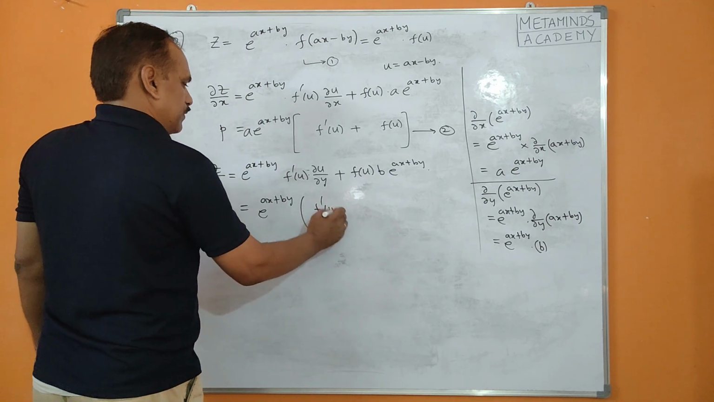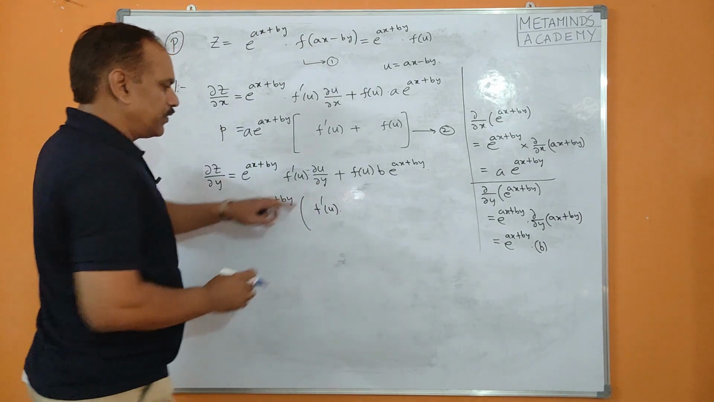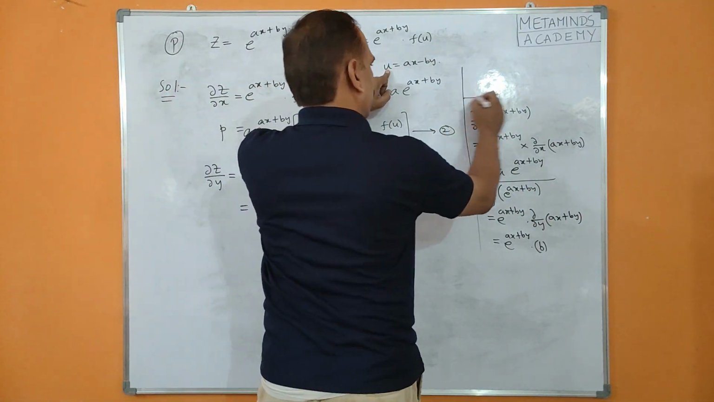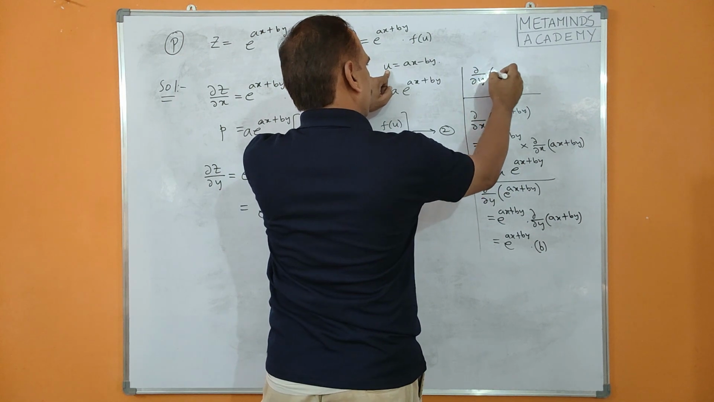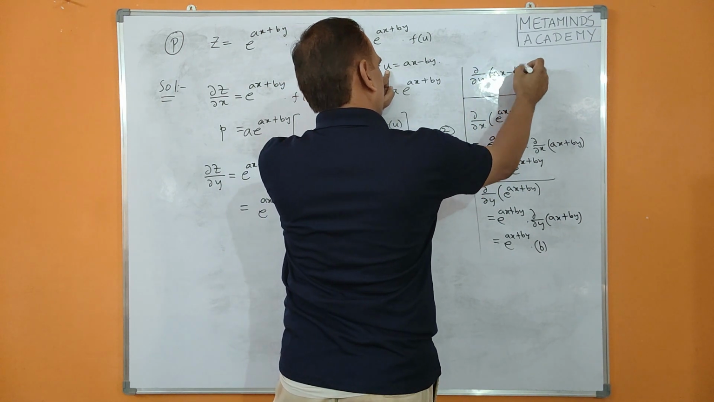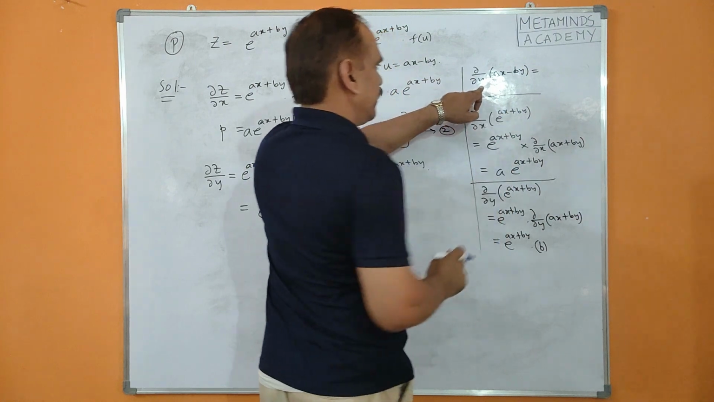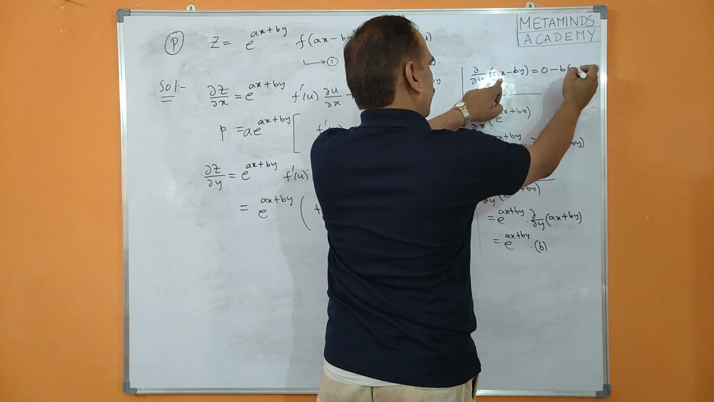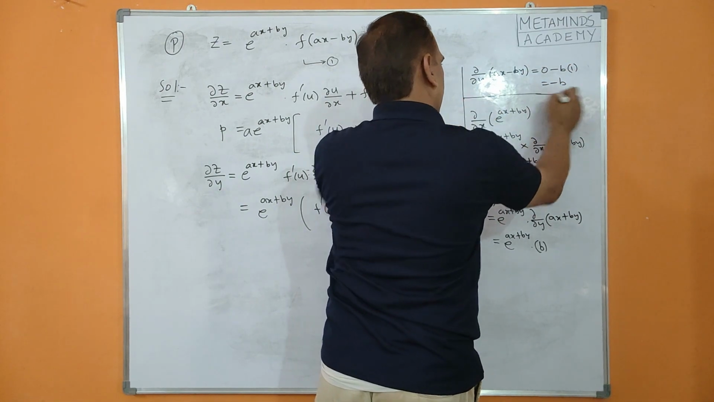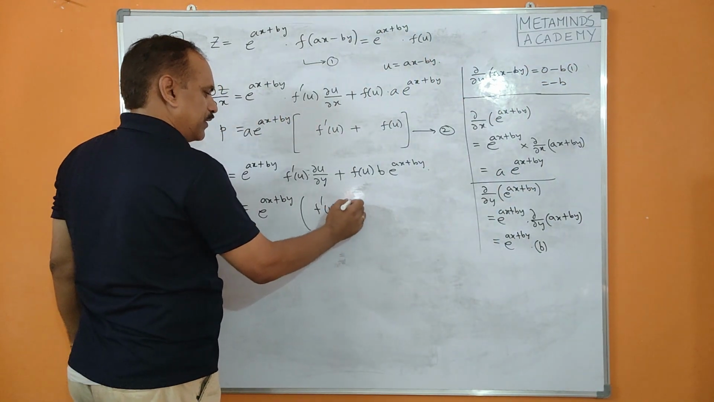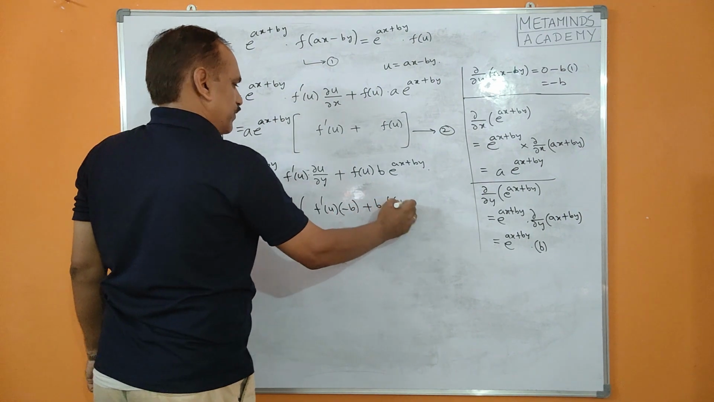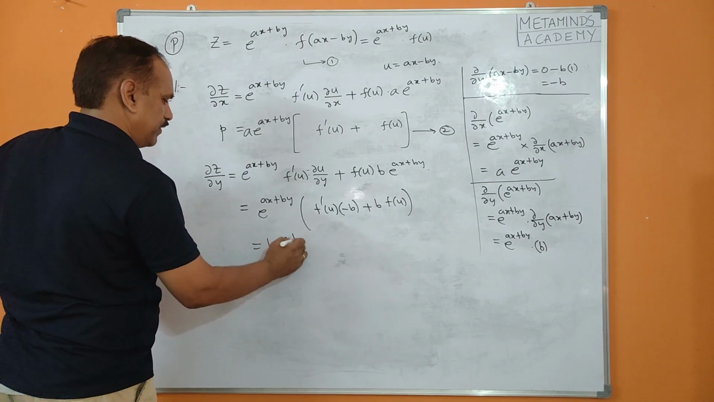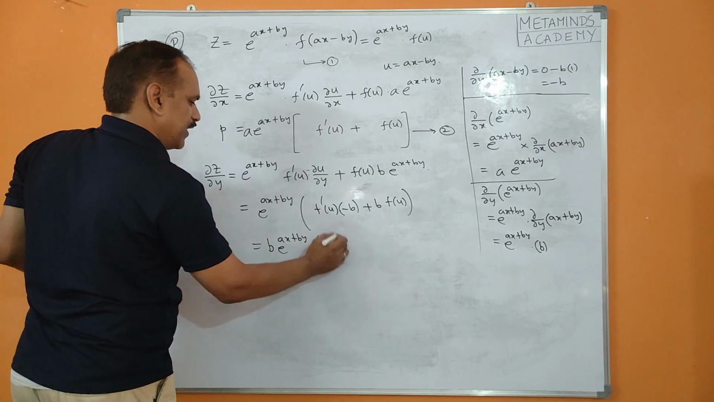F dash u into, what is ∂u/∂y? When you differentiate u with respect to y, there is no y here, so 0 minus b into the derivative of y, which is 1. So it is minus b, right? So it is minus b plus b into f of u. You can also take b out: e power ax plus by into f dash u